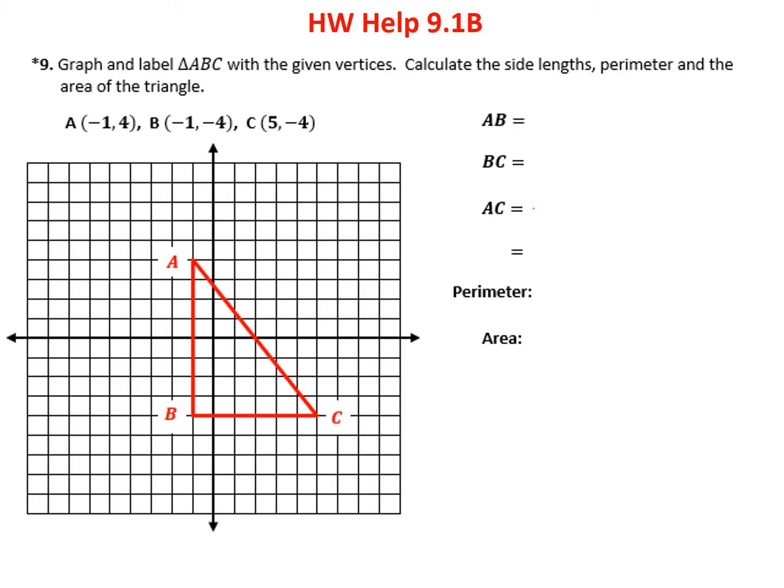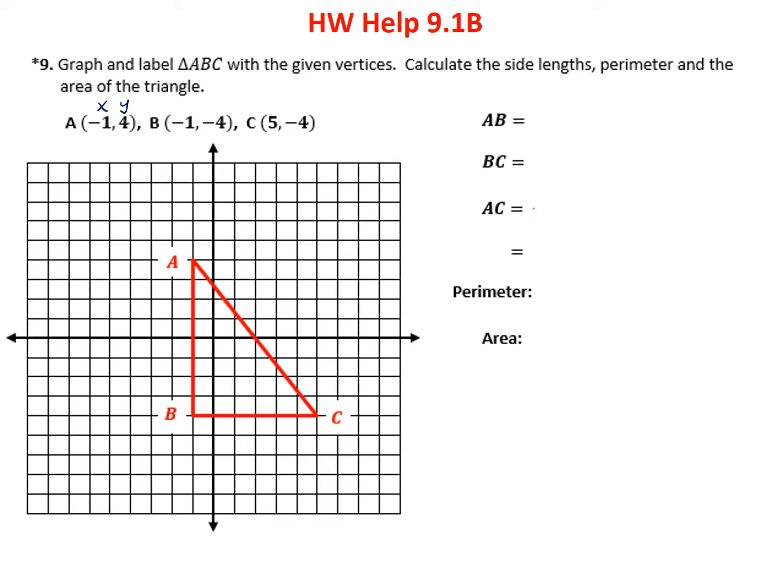Problem 9 asks us to graph and label a triangle with the given vertices and then calculate the side lengths, the perimeter, and the area. This is an important problem because you'll have one exactly like it on the test. The first part, to graph, remember that in a coordinate pair, the first number is the x and the second